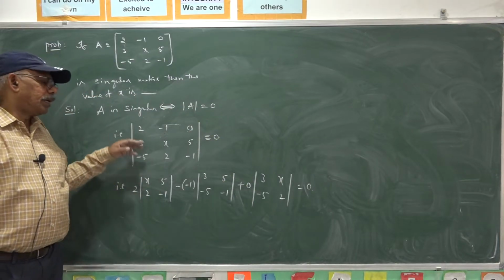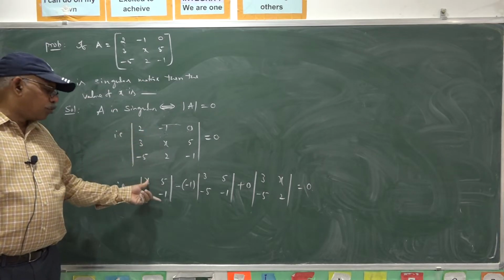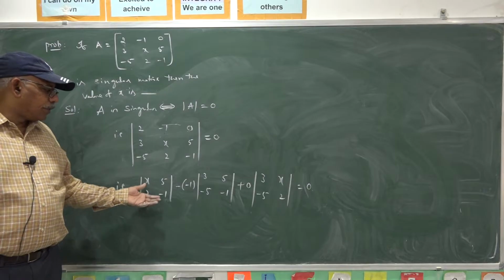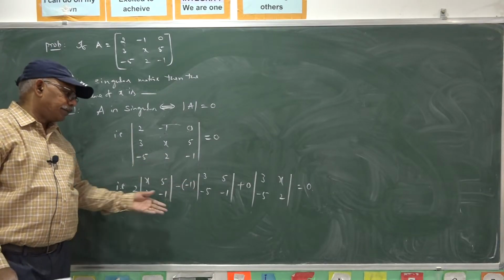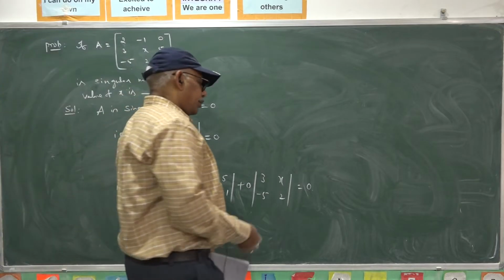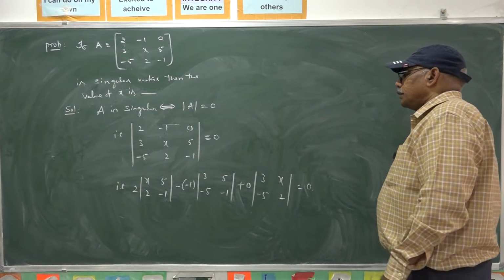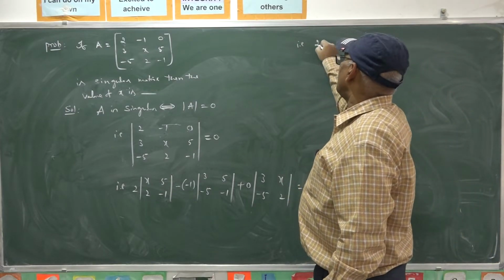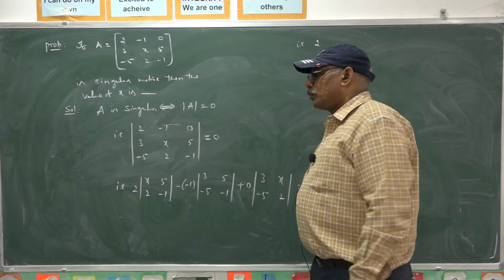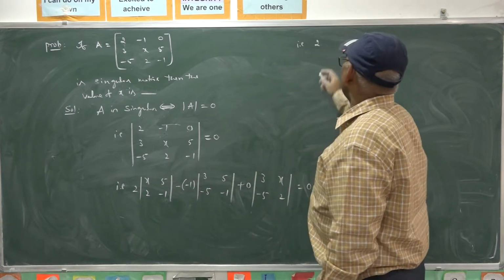In this way, by eliminating a certain row and column, we reduce the 3 by 3 matrix to a 2 by 2 matrix. By evaluating the 2 by 2 matrix, you can get the required determinant. That is the procedure we usually follow in evaluating the determinant. So, that is 2 into the determinant of a 2 by 2 matrix, which is given by AD minus BC. That gives us